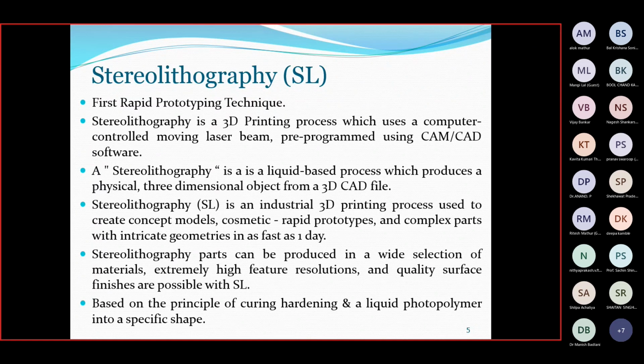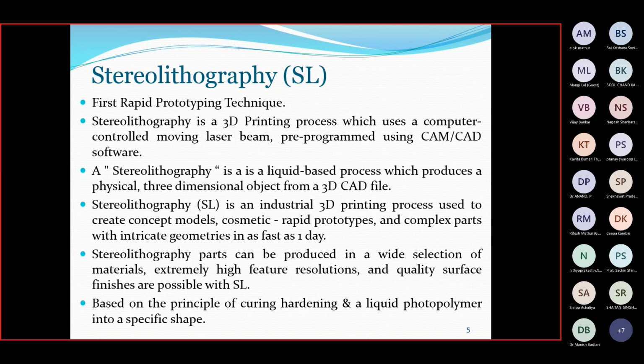SL is a 3D printing process in which we use a computer controlled laser beam to create different objects in 3D view. Then we use CAM, computer aided manufacturing, or CAD, computer aided designing software. These are two different domains of software; there are lots of CAX.